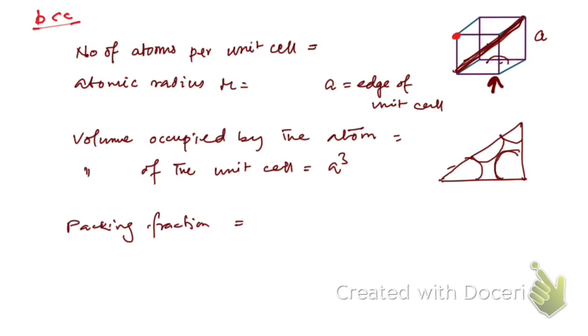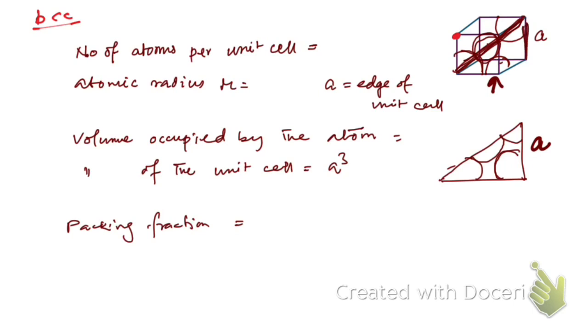Here you're going to have 1 out of 8 part of an atom, and here you're going to have a single complete atom, and at this corner also you're going to have 1 out of 8 parts of an atom. Here also 1 out of 8 parts of an atom, like this. Okay, so if that is the case, then if this is A, right, then here you see, if this side